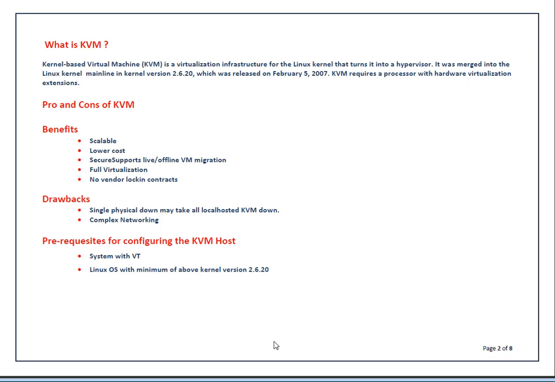The benefits are it's scalable, meaning once you have allocated or created a VM, you can scale it. You can add more processors, memory, or disk space. Then very low cost, because you need a physical server only. Above that, KVM is part of Red Hat and CentOS packages, and it doesn't need a separate license. It is secure, and it supports